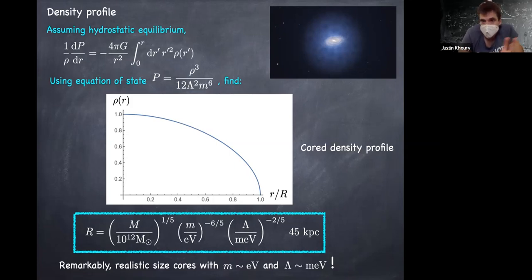And this is kind of interesting because in this sort of sausage factory, what went in was the solar mass. So mass in units of solar, that's the mass of the galaxy. The mass of the dark matter particle, which is eV, lambda, which is milli-eV, and otherwise the Planck scale or Newton's constant. And when you put it all in the sausage factory, quite interestingly, what comes out is a core radius of order 50 kiloparsec or so. So an astrophysically relevant scale. So that's kind of interesting.